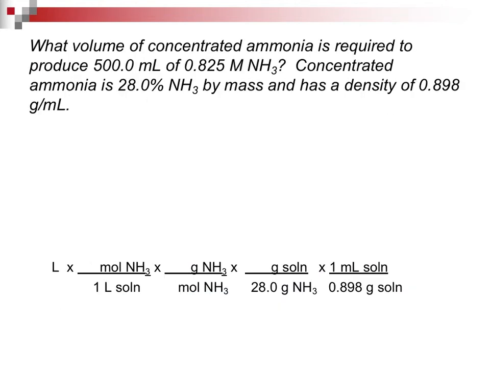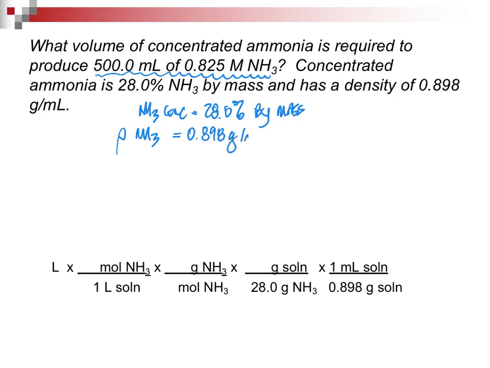So this almost wraps up this section, but I wanted to add one more problem that you may encounter. Sometimes it's not going to be really straightforward. Here we want 500 mL of a certain concentration of ammonia. They're not giving us the same inputs we usually get. We're being told that for my ammonia, when it is concentrated, it is 28.0% by mass. Like, what does that mean? And it's also telling us that the density of this ammonia is equal to